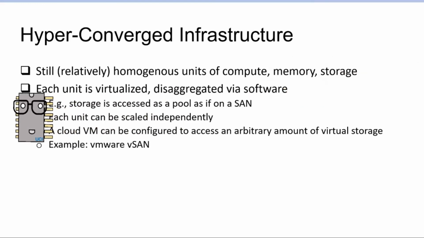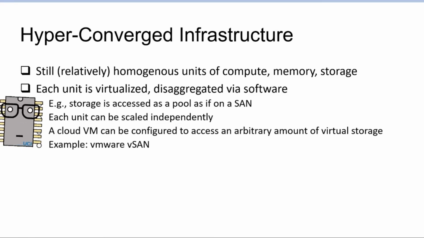But compared to the converged infrastructure, where the software running on, say, a Hadoop cluster node could see its own CPU, its own memory, its own storage device, and just exposed a higher-level programming abstraction to the outside world,